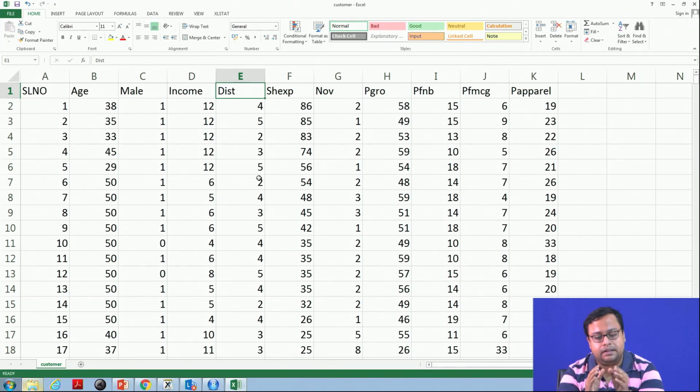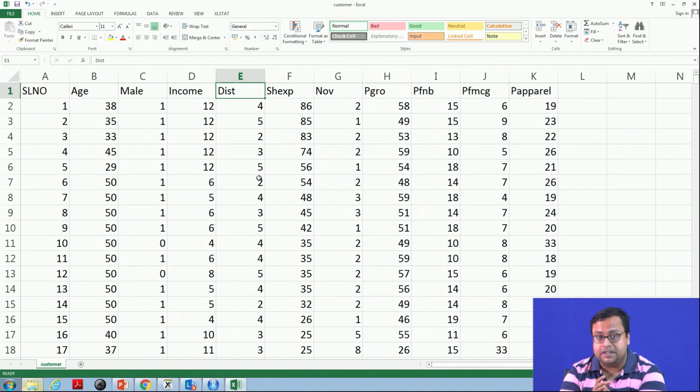F column is shopping experience, not shopping experience, sorry, shopping expenditure. F column was shopping expenditure in lakhs or in thousands per month.